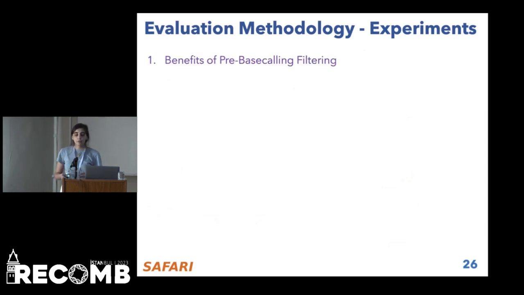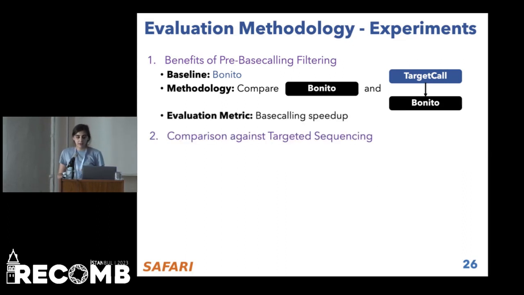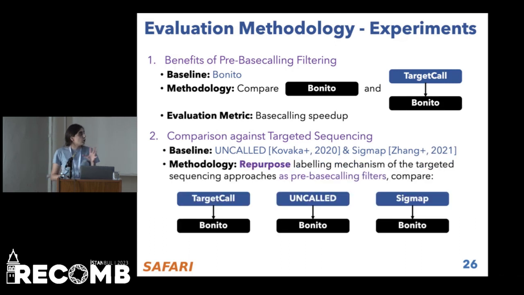And the first is to show the benefits of pre-basecalling filtering in general, meaning how much basecalling speed up we can get with TargetCall. When we compare Bonito and TargetCall plus Bonito, when we use TargetCall to eliminate useless reads, how much basecalling speed up we can get. And next we compare it against targeted sequencing approaches, Alkan and Singh, where we repurpose these